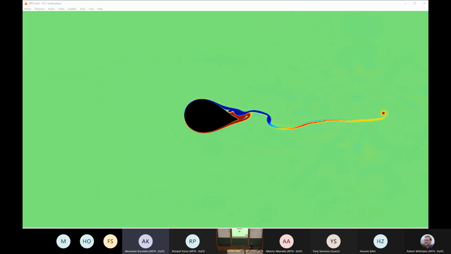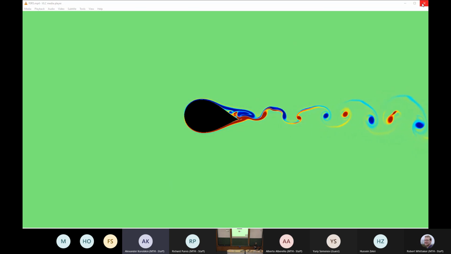So again, all these calculations were done by Adam in Ingeris. You can see the flow separating here on the upward side, in particular of the aerofoil, and then a very large cluster of vortices being shed off downstream. Okay, so this is also not what we're looking for. What we want is a nice